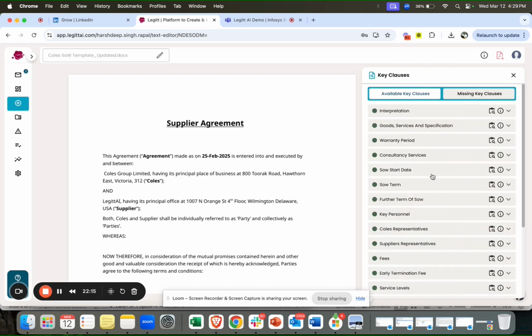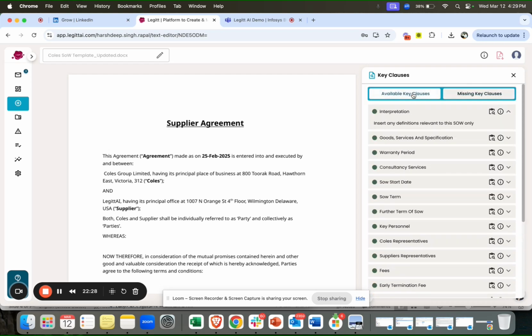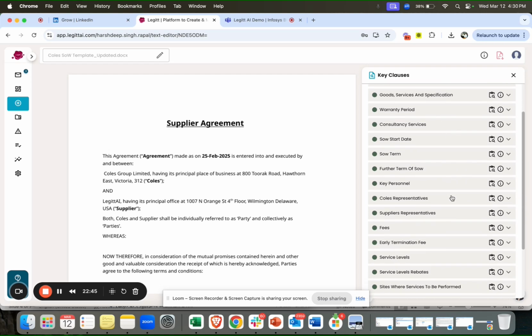What the AI does is pick up all the important clauses in the document, and based on the nature of the document, it also tells you that these clauses are missing from the document. This is the base model that we have, and it can be custom trained as per the customer's requirement, because it can differ from industry to industry. For the same customer it can differ from region to region, or from product to product. So for example, I can pick up